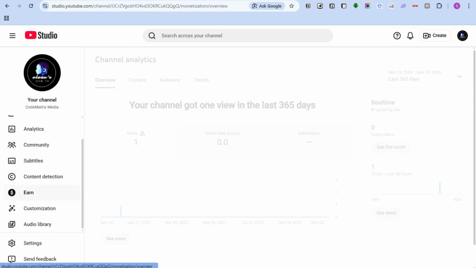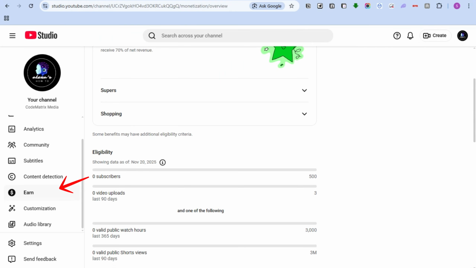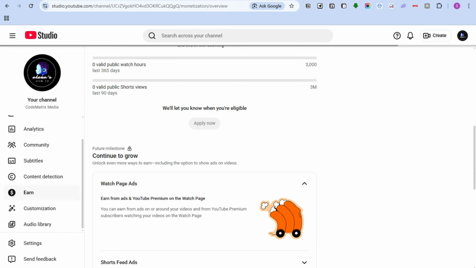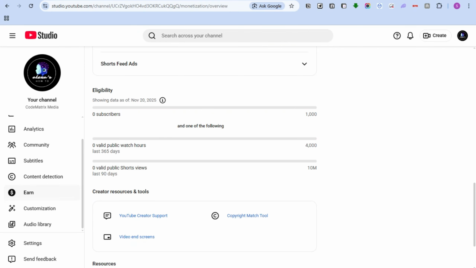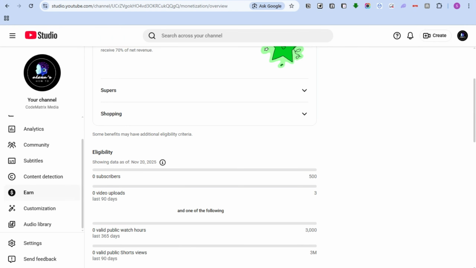And then if you think that you have met the requirements, you can go to YouTube Studio. On the left menu, you can see Earn here. Just click that one. Now, if not, then you can just click this to notify you once you are eligible. So these are the requirements, and once you meet these, that's how you simply